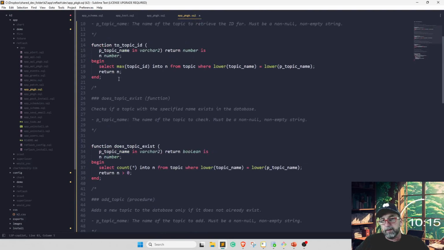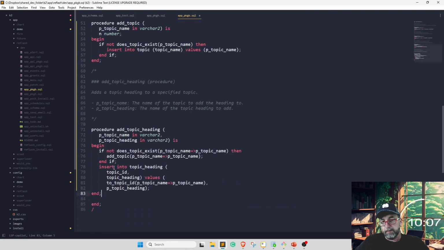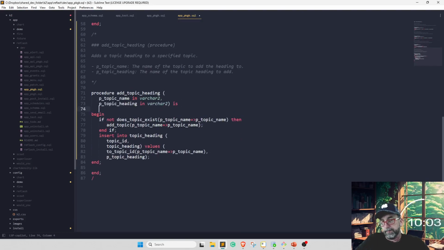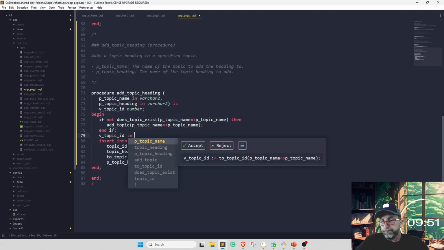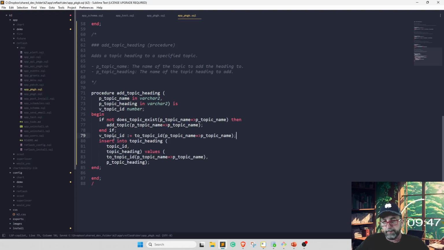So we will just, this is where a select, the select is a little better. So we're just going to add the topic ID number, gonna say, and see, it knows to do that.